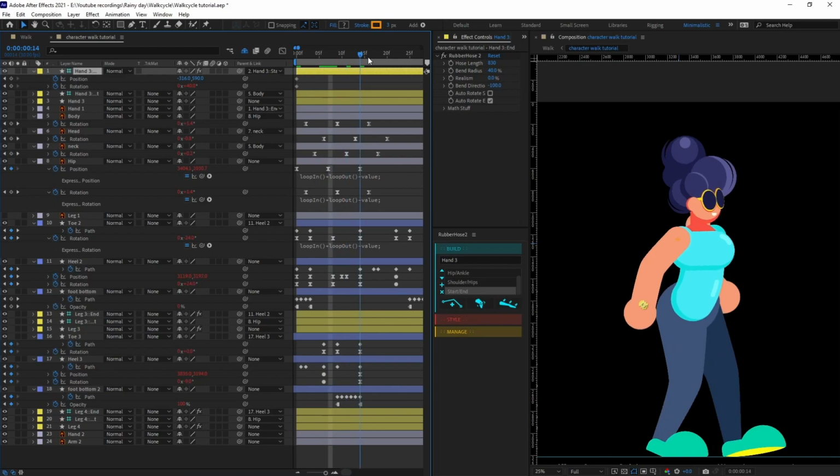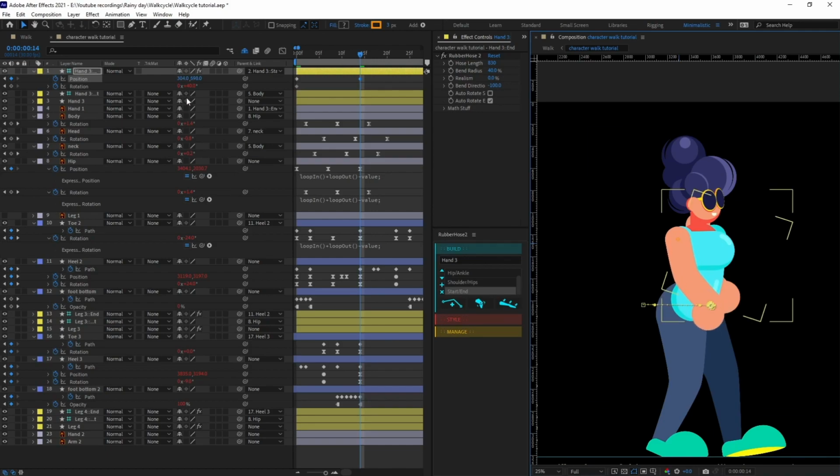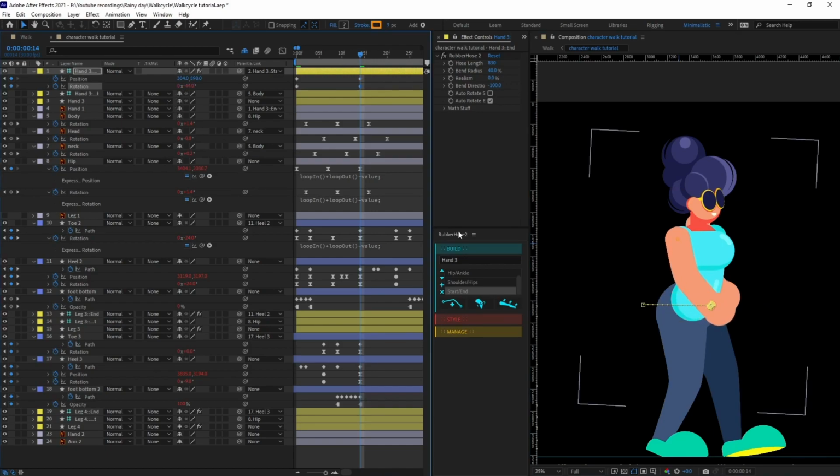Well, we don't need to put any keyframe on this passing pose, so we are going to put a keyframe at the end contact pose, and let's move the hand and put it over here. Let's make the path a bit curved.